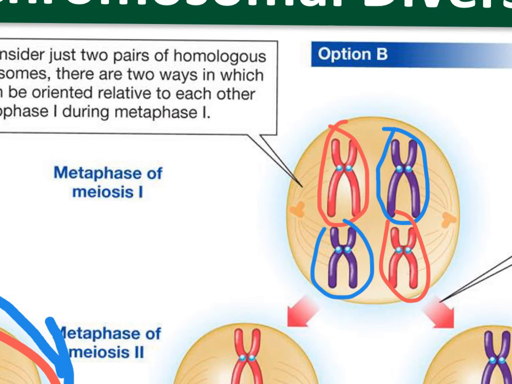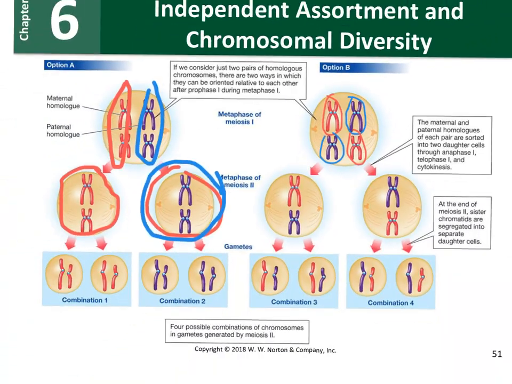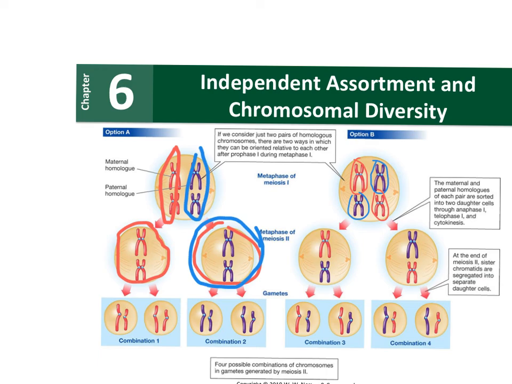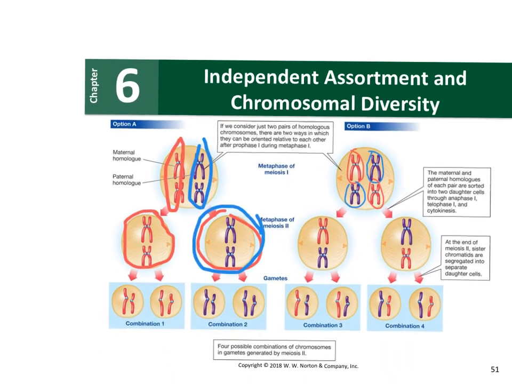So we've got 23 pairs of chromosomes. You could have maternal, paternal, maternal, paternal, or you could have maternal, maternal, maternal, paternal, maternal, paternal, paternal, paternal, maternal, right? Doesn't matter, it's random. And because of this random assortment, and this assortment happens in meiosis 1, okay,